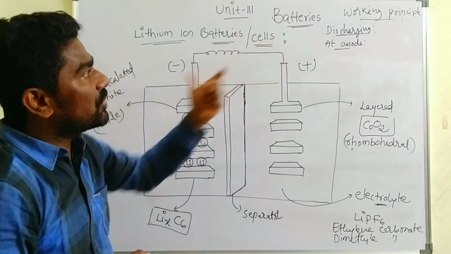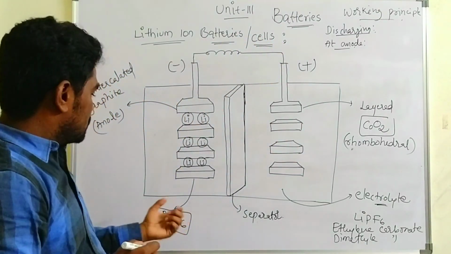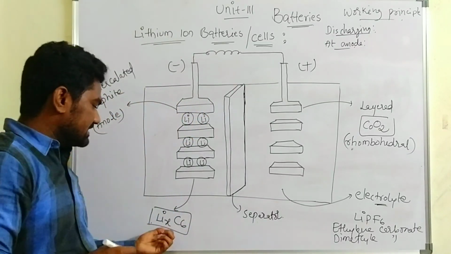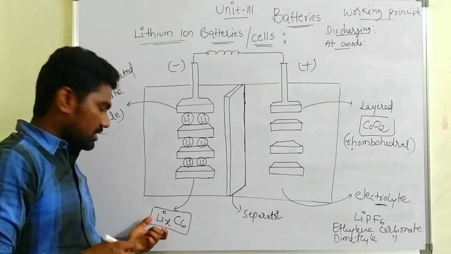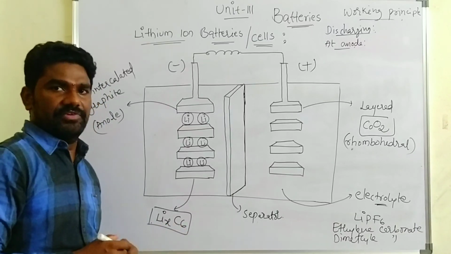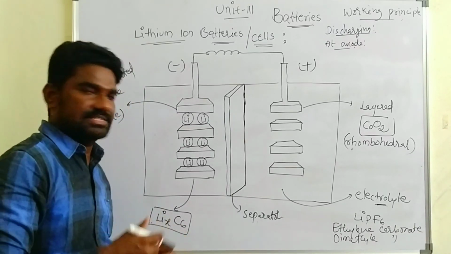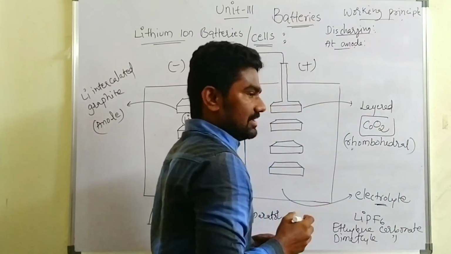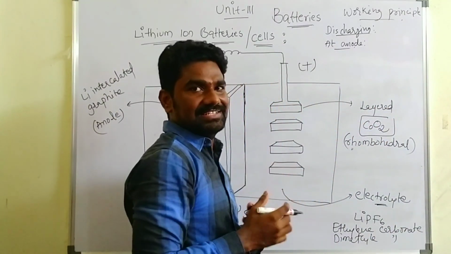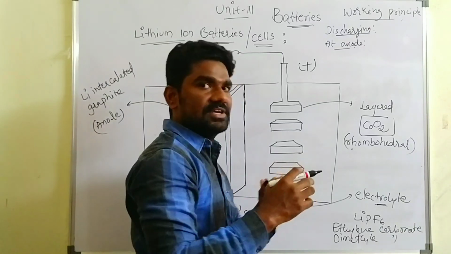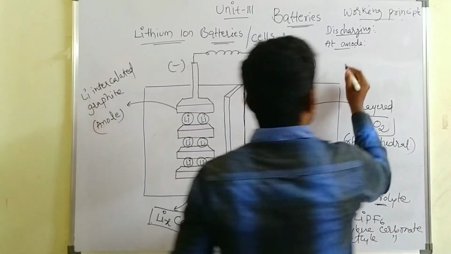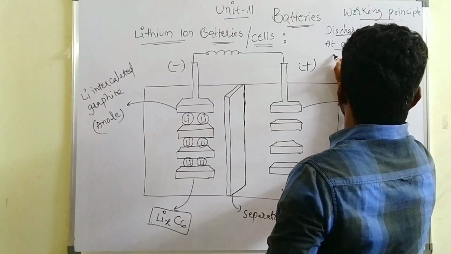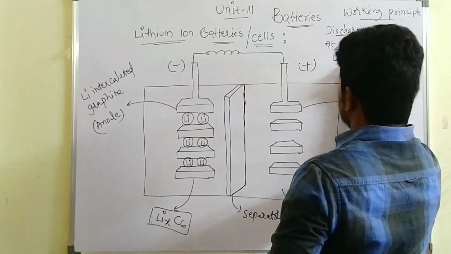We are discussing the reactions at the anode. So here we have LiX(C6). Okay? That means here X number of lithium ions are present in the graphite. Graphite means here C6, isn't it? So which type of reactions are there? At anode, oxidation reactions can occur. Oxidation means loss of electrons, isn't it? So if you see this LiX(C6)